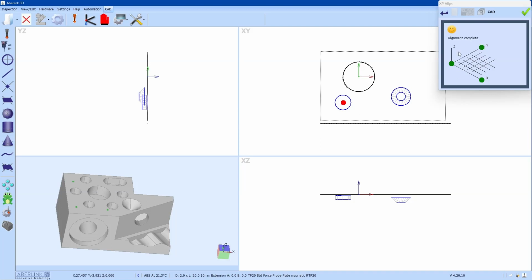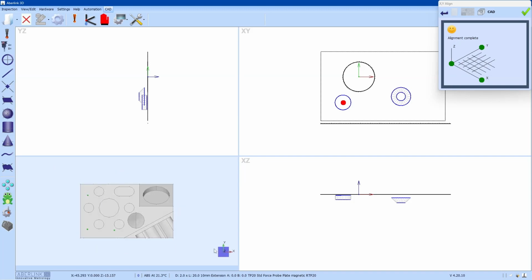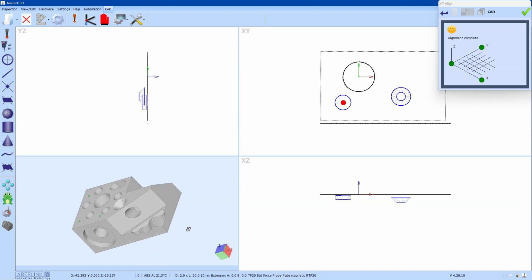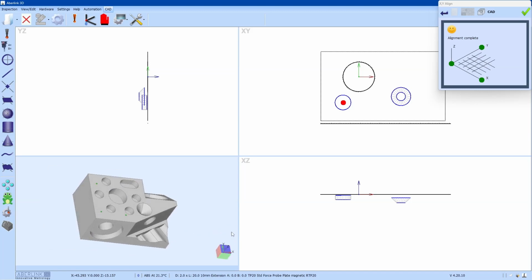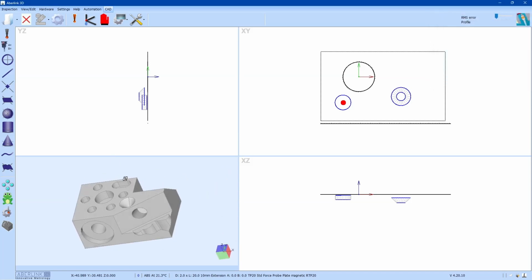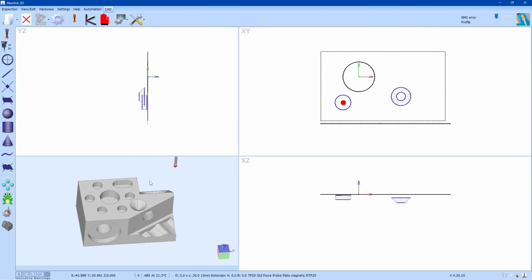And you'll see there now we have alignment complete, and the X, Y and Z axis of the view block or rotation cube match up with the machine. We get alignment complete, we hit the green tick, and the visual alignment is now matching up with the program on the machine. A second method, if we go back in,